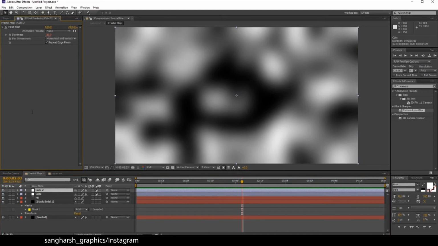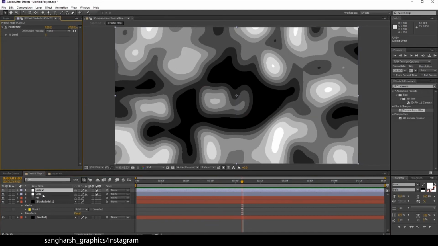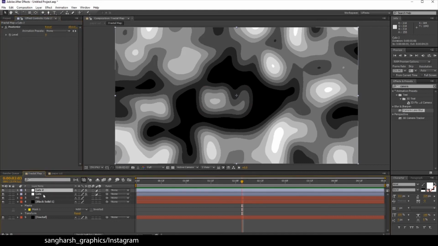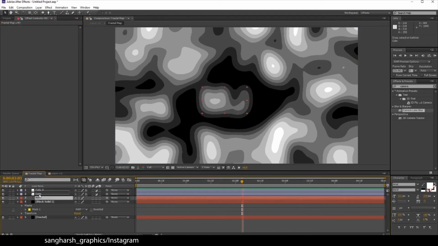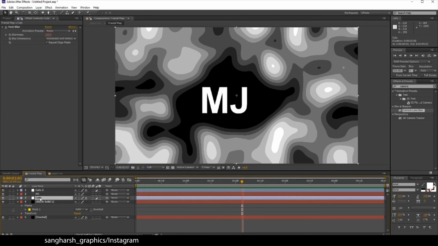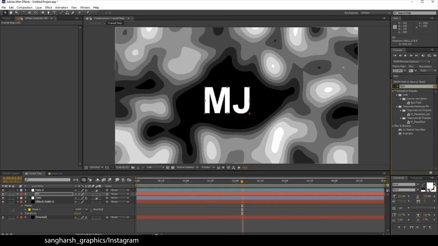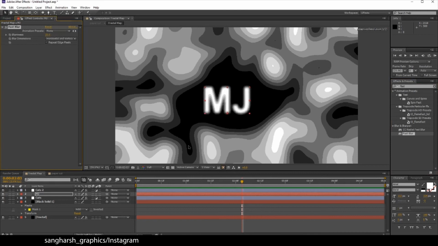Okay, let's delete the fast blur effect on the top layer and the posterize effect from the below layer. Now you can see the posterize and fast blur are different. Now drag the text layer up from the fast blur. Now you can see it will have only the posterize effect but not the fast blur. So let's apply our own fast blur to this text layer. And now if you increase the value here, you can give individual fast blur values to the text layer.